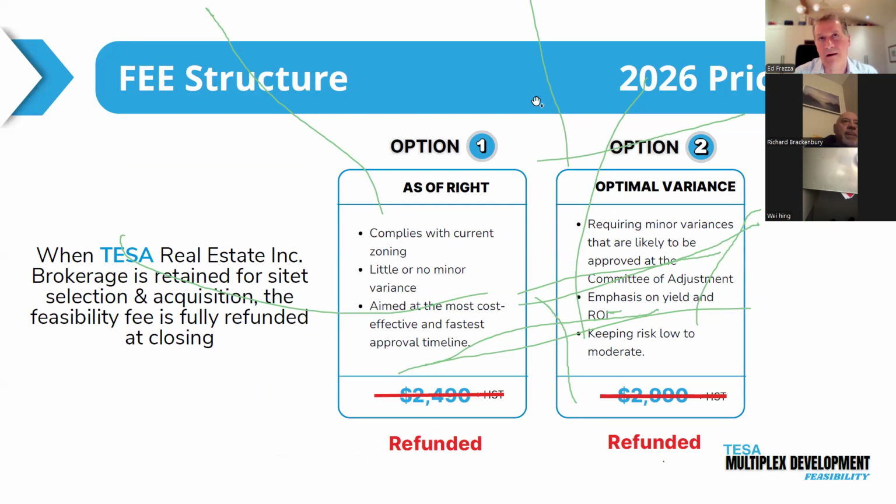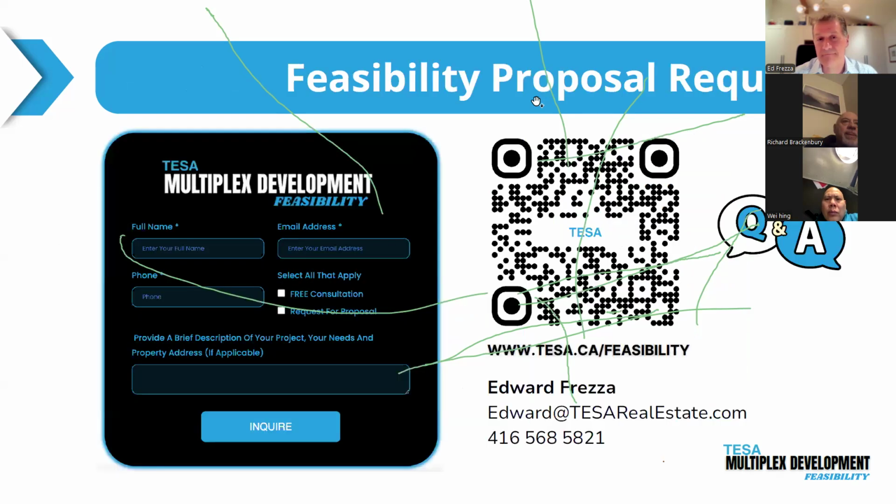So in this way, clients work with us knowing that they have the benefit of not just us as brokers helping them with site selection and analysis, but also the due diligence and bringing numbers which they can then take to the CMHC and work towards the COI, the certificate of insurance.